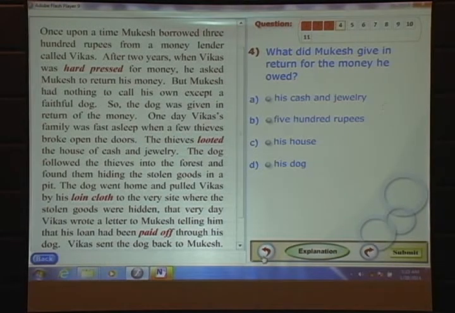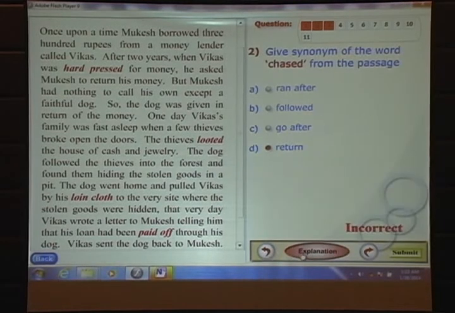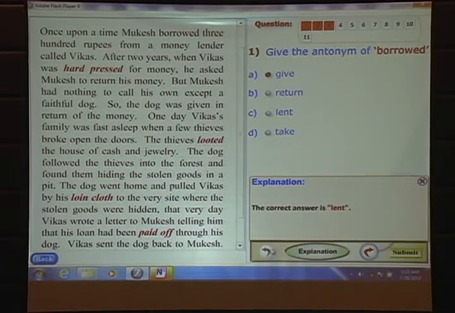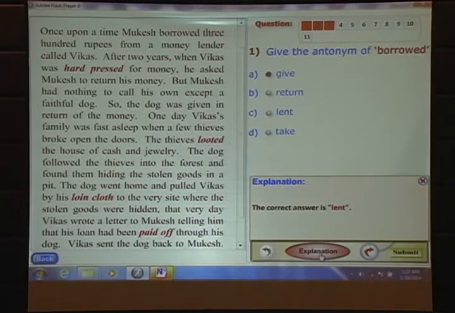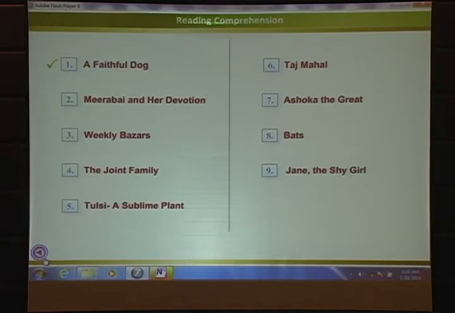I don't know anything, so I can click on explanation, because this is a practice mode. I first of all try my hardest to understand and comprehend the paragraph, and then practice it. And how many practice sessions do you have? So many. For each and every grade, we have at least 40, 50 paragraphs for the child to practice on.